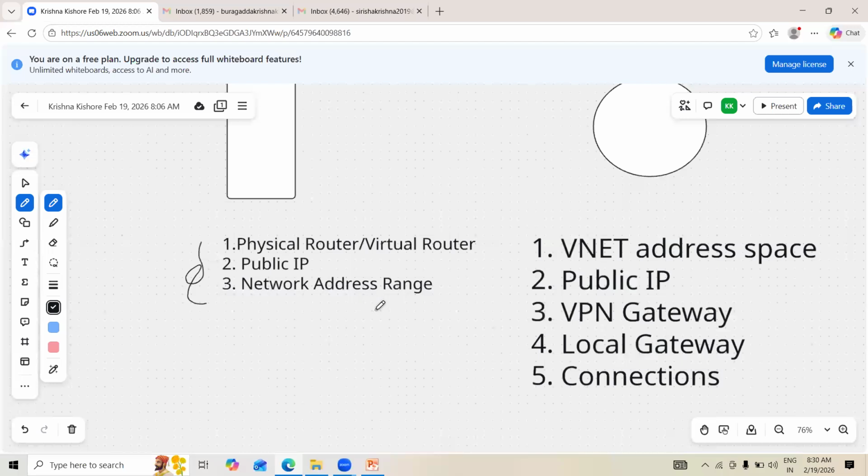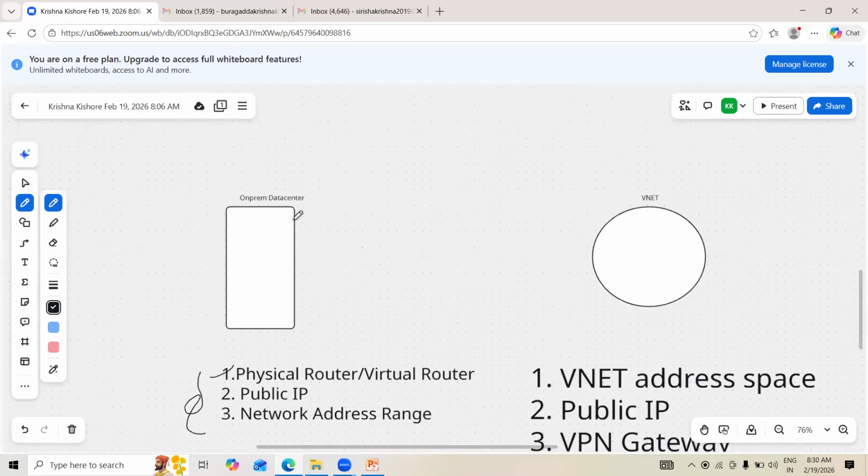The first point: physical router or virtual router. For example, you have a network, and on-premises we also have a network. So what is the default fundamental in a network? If you want to go out from your network, what is required? A public IP is required. Yes, if you want to connect to the internet,